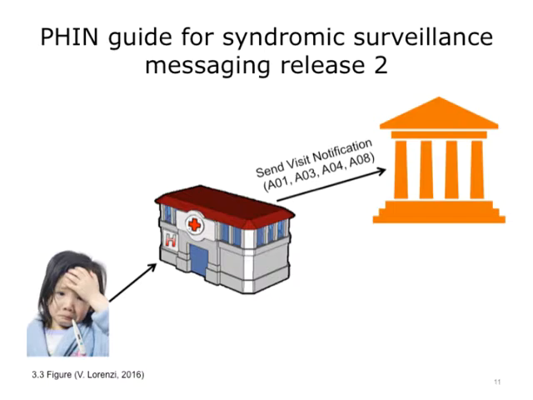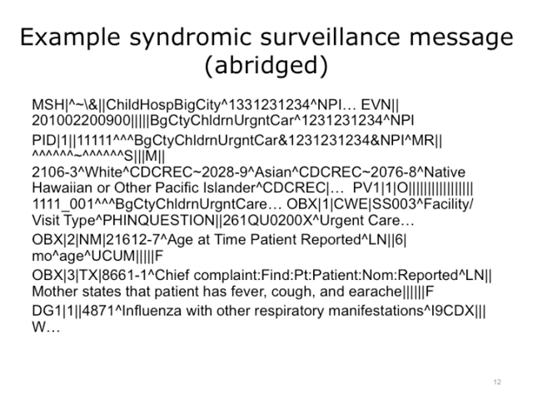The public health authority is notified of all inpatient admissions with the HL7 A01 message, all emergency and urgent care visits with the A04 message, all discharges with the HL7 A03 message, and updates to information of interest for syndromic surveillance with the HL7 A08 message. Imagine a child is brought into an urgent care center with a fever, cough, and earache, and